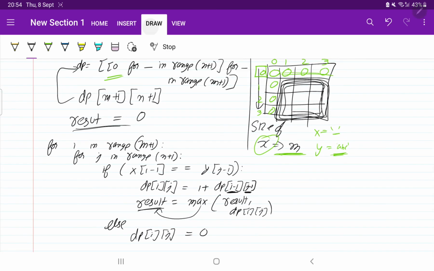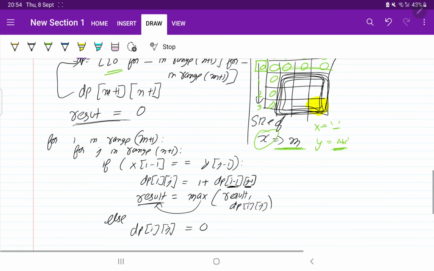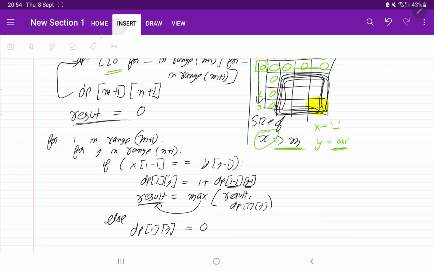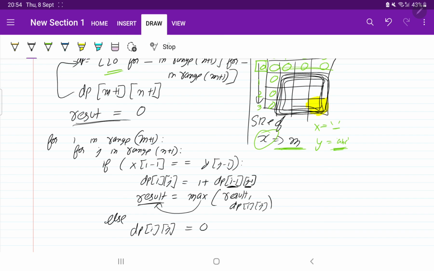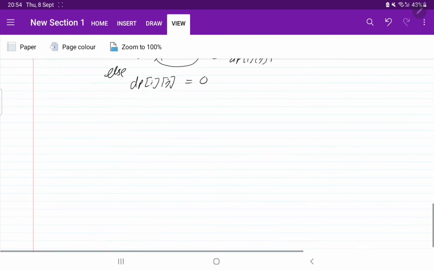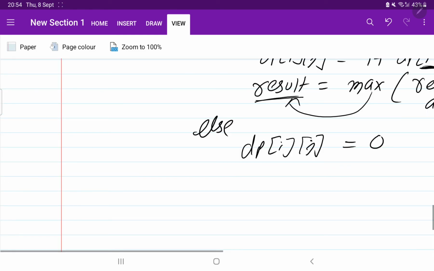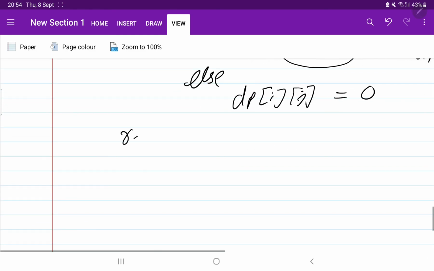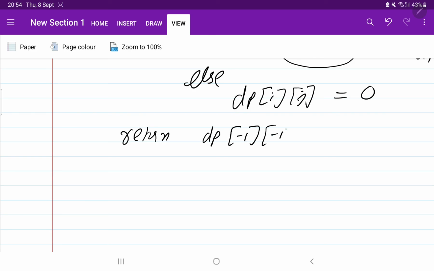And where are we going to get our final solution? In the last element of this matrix. So our solution will be in the last element of the matrix. How are we going to return the last element? It will be very simple. We are just going to return dp[-1][-1].